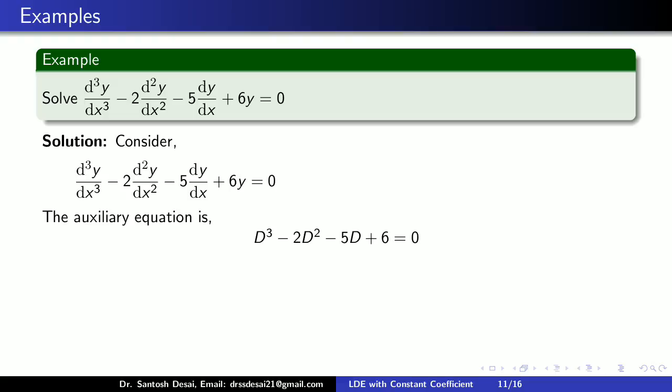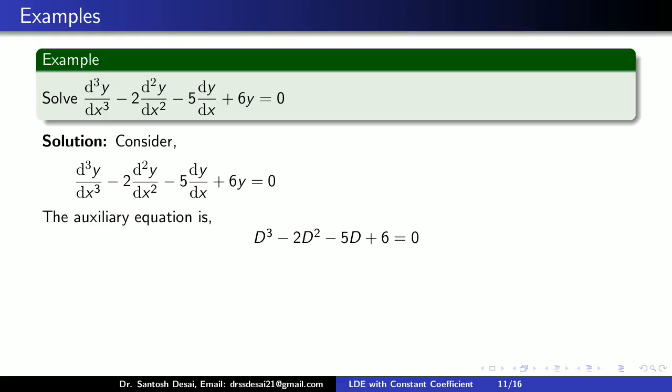Now I repeat how to write the auxiliary equation. If the first term is d cube y by dx cube, then your first term in the auxiliary equation is correspondingly D cube. Then minus 2 you keep as it is. Then for the term d2y by dx square, write down capital D square. Minus 5, it's again a constant term, keep as it is, and replace dy by dx by capital D. And the last term 6y, from this 6y you just skip that y and write down just plus 6, and this is equal to 0.